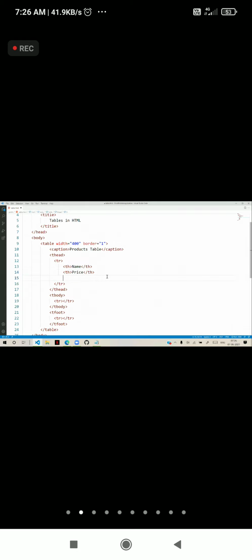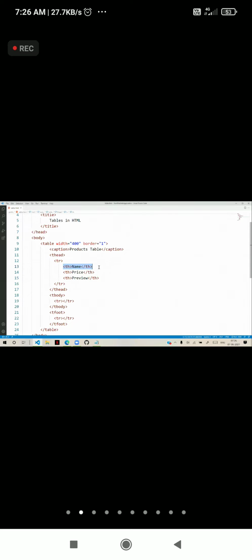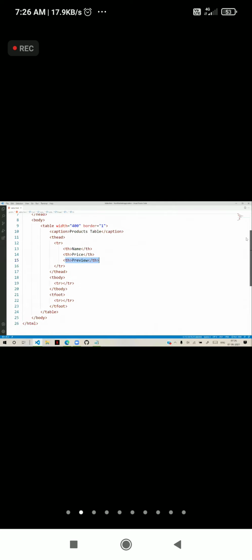Suppose here I am giving TH, another heading, some preview. You can see it will display that preview also as heading. However many cells you give, that number of columns will come. So that is the header.